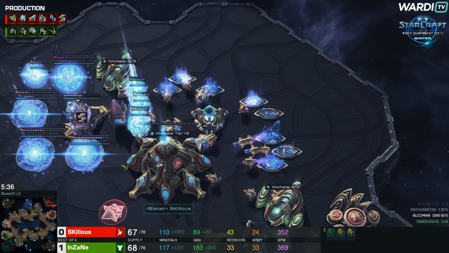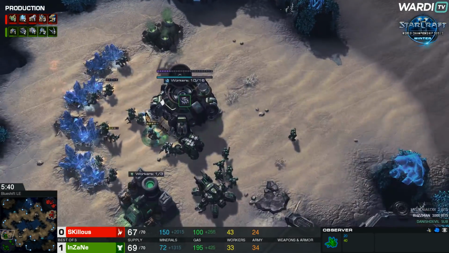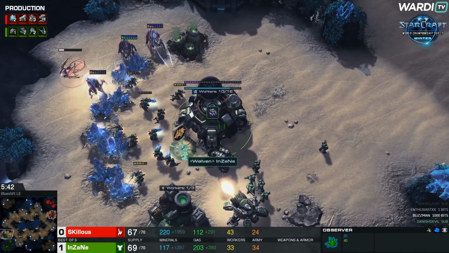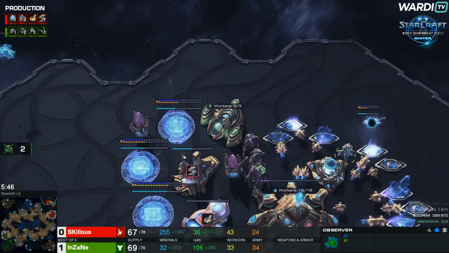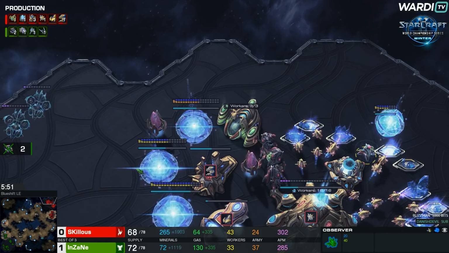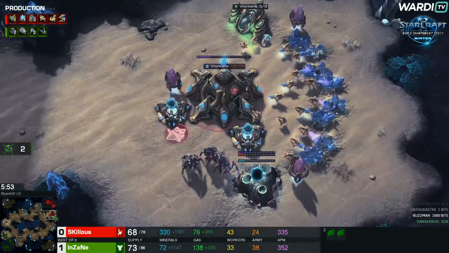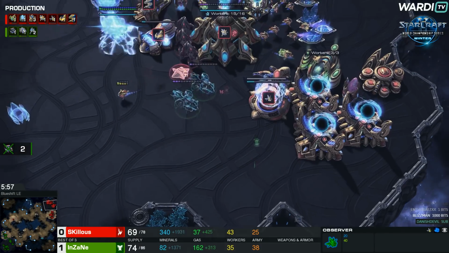Okay, now a few Stalkers warp in and the Observer goes into surveillance mode, so we'll actually be okay here. As you see the Stalkers dropping down, picking up a couple of those SCVs already. And the Banshees together moving in, but they're going to see the Stalkers instantly move away. Nice safe play from InZaNe. He'll go to the natural as well, but an Observer just set up here actually,